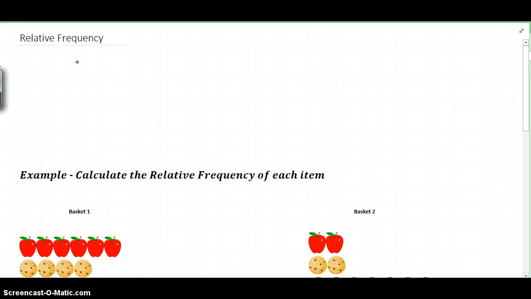Just continuing on from last lesson's video on theoretical probability and experimental probability, we're going to look at relative frequency now. So if we just recall the formula that we were using, we were looking at the probability of event